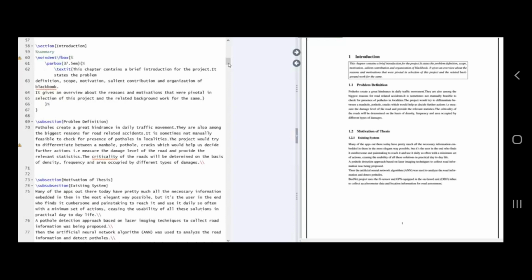So we are writing \textit, and then inside the curly braces we have to write the text, and we are going to end it with summary, and then we are going to end it with \fbox. \fbox is for making that box. So this is very important throughout the document. Before each chapter you have to make that box. Inside it you have to write the summary, a brief description of what the chapter contains. So at the start of the chapter, start your introduction, and then put this box in using \fbox.